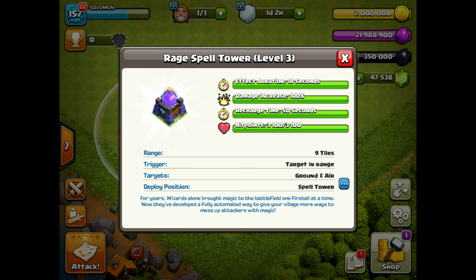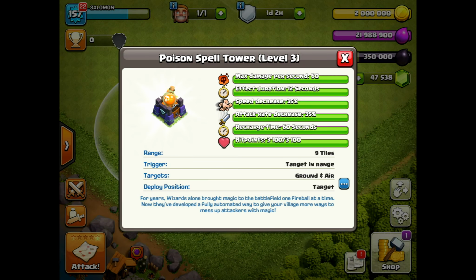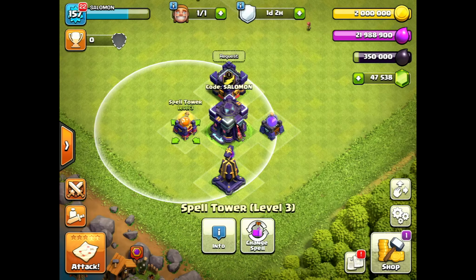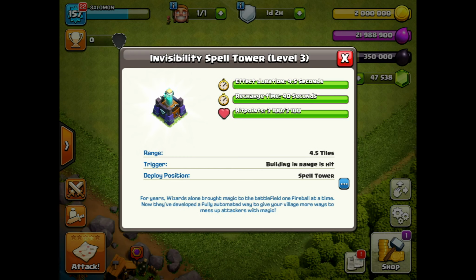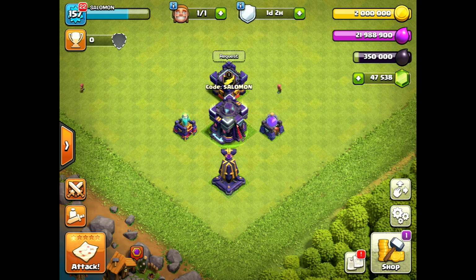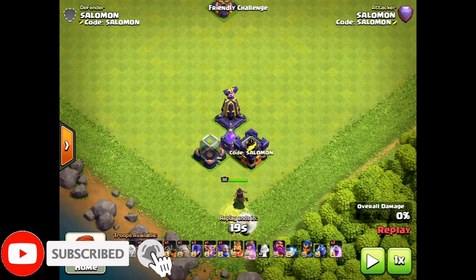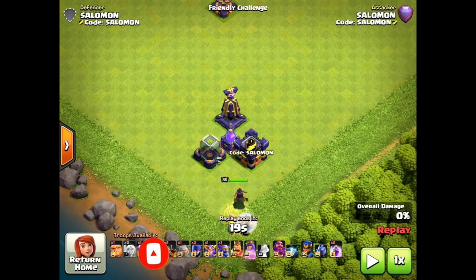So here you see the recharge time for the spell towers. For rage spell it's 50 seconds, for poison spell it's 60 seconds, and for invisibility spell it's 40 seconds. So if the spell tower is not destroyed by that time, it will be recharged and it will shoot once again. Now we are testing the next spell tower, and it's rage tower, which rages defenses, enemy heroes, enemy troops